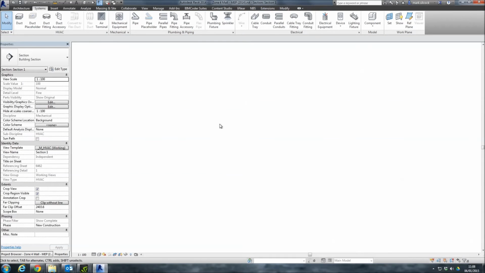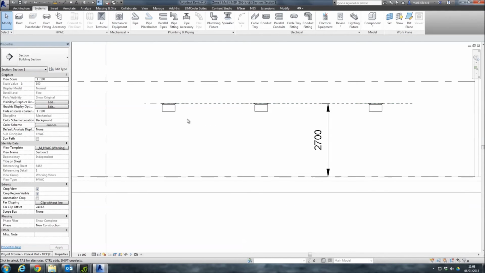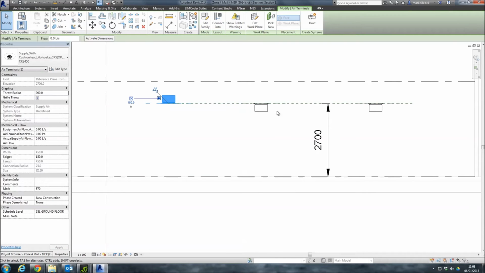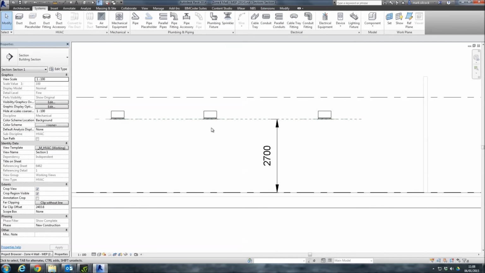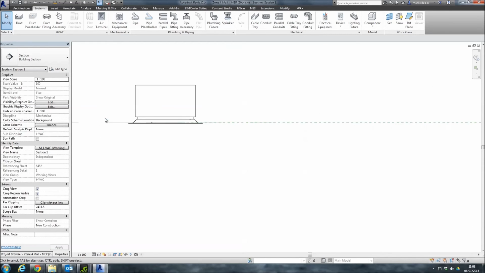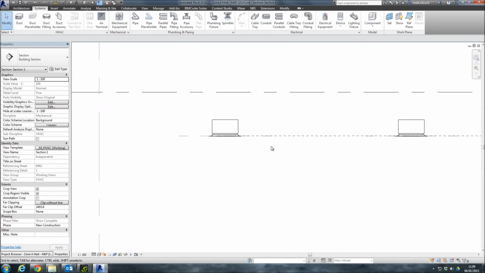If we go back to the section, and this is where you'll see that these grills are upside down, so we just flip those, and that's basically because these grills have been created to be inserted in a reflected ceiling plan, which is looking the opposite direction. But again, these are nicely aligned with that reference plane,